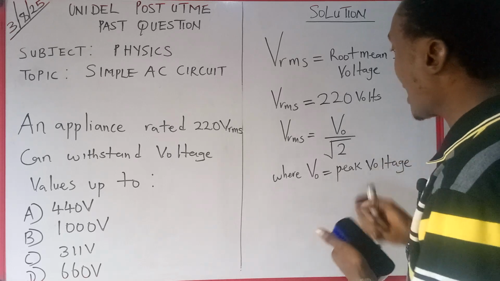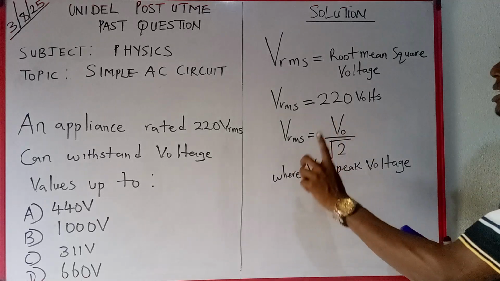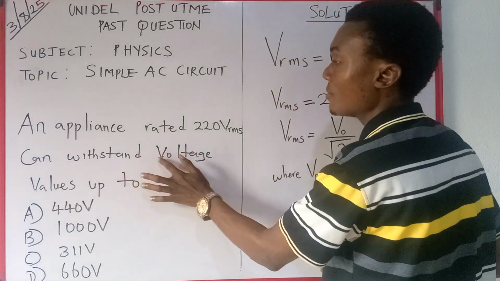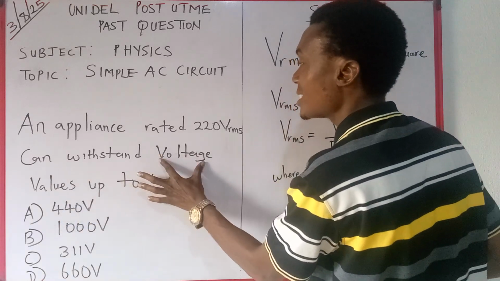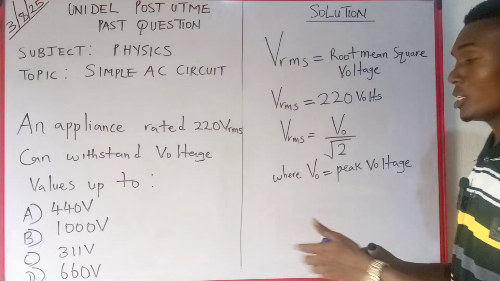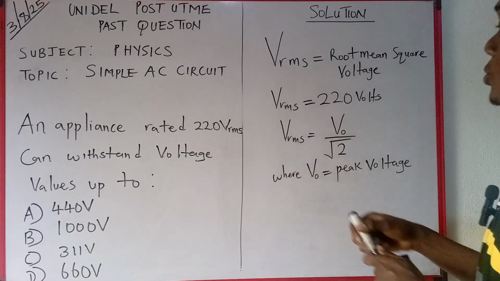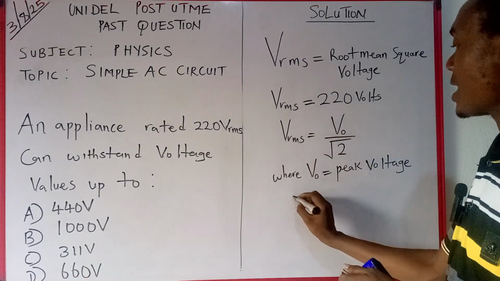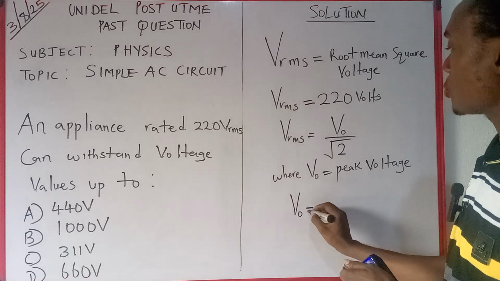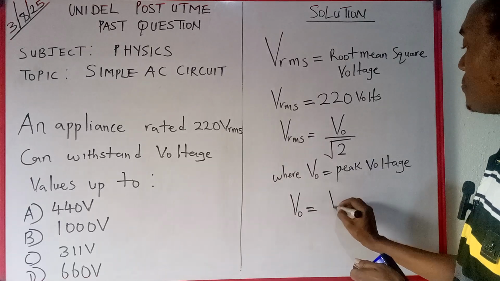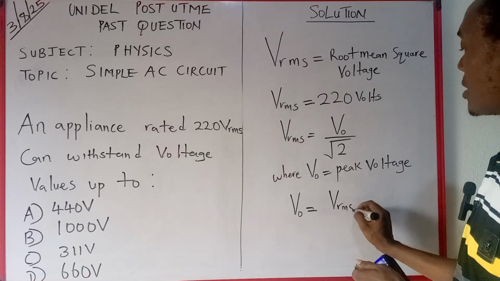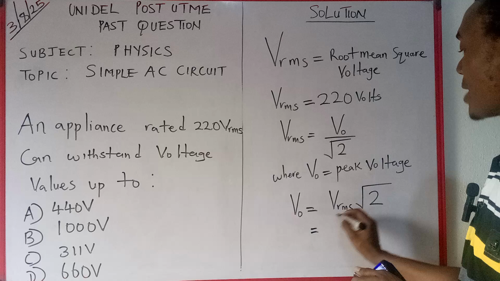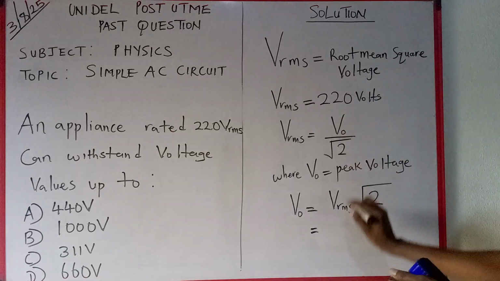Okay, so now since it's called the peak voltage, meaning we are looking for the peak voltage. They are saying voltage values, so this means peak voltage. Okay, so meaning if you want to get the peak voltage, what do we do here? When you cross multiply from this side, you're going to have V0 is equal to VRMS times root 2. So what is my VRMS in the question? It is 220